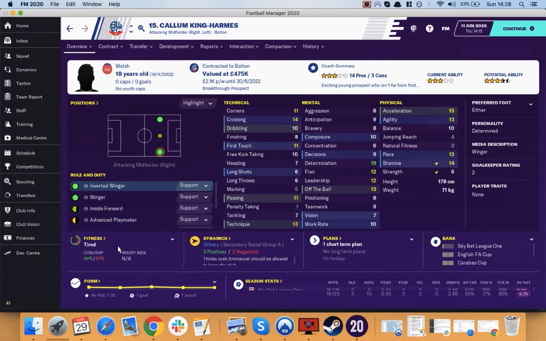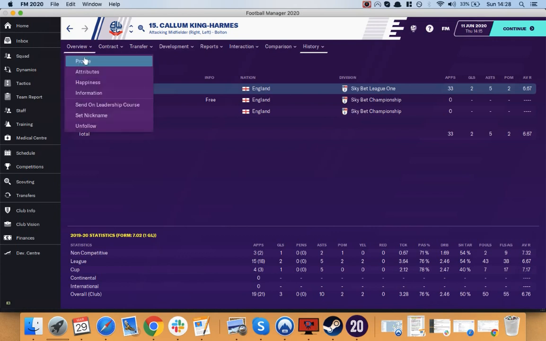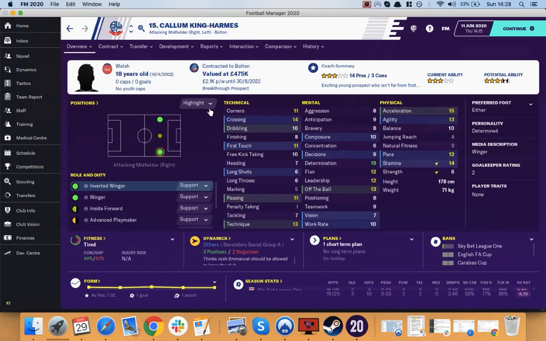He's got 14 crossing, which is, I think, why he ended up with the most assists. So his average rating wasn't that good. Average rating 6.67. That's not good at all. But he finished with 10 assists, our most assists for anyone. So I kind of used him more on the bench because I knew he could basically just whip in a ball. He wouldn't play very well, but with 14 crossing, and 15 acceleration for League One,